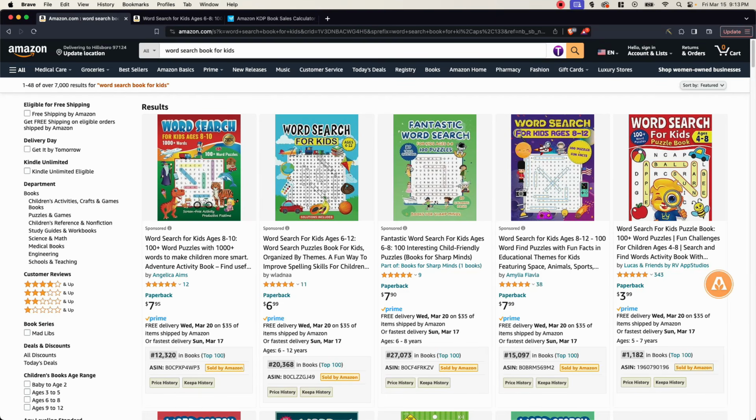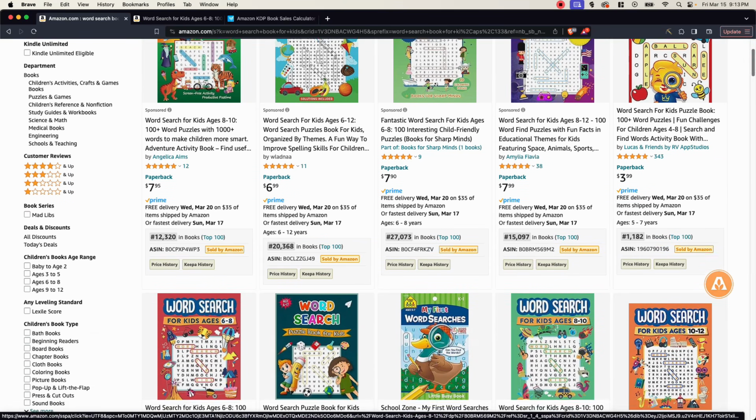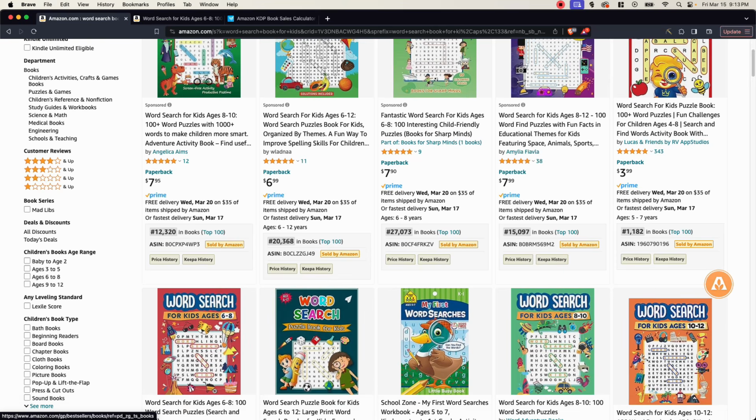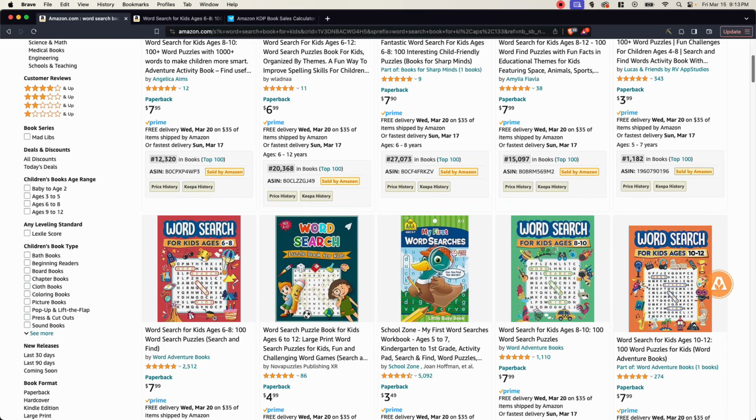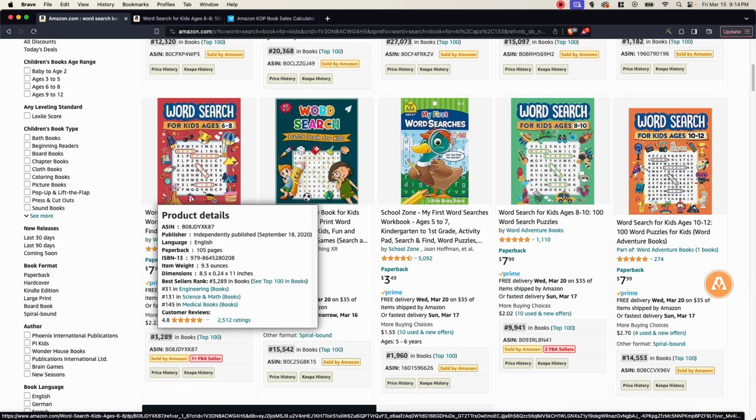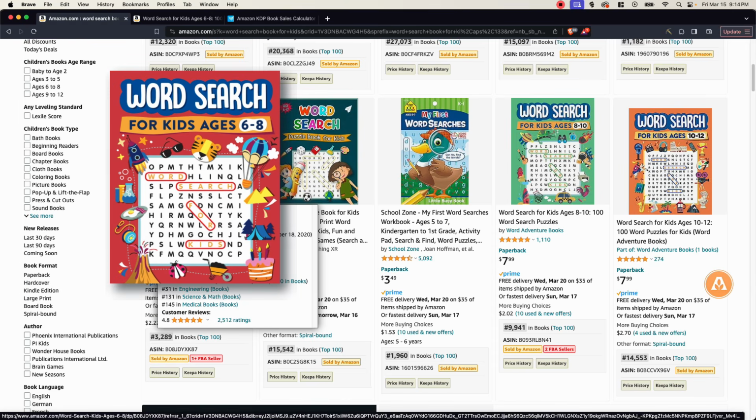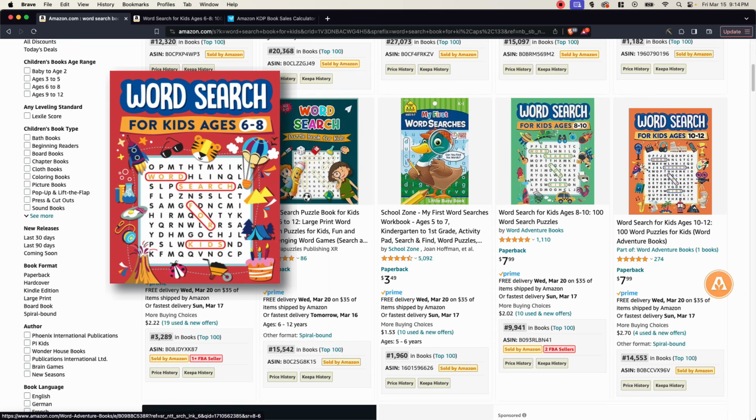So before we get started, I just wanted to do a search on Amazon for word search book for kids. And I want you to see these bestsellers ranks. Look how low they are. 12,000, 20,000, 27,000. I want you to focus on this book right here, this word search for kids age 6 to 8, this red book, ranked at